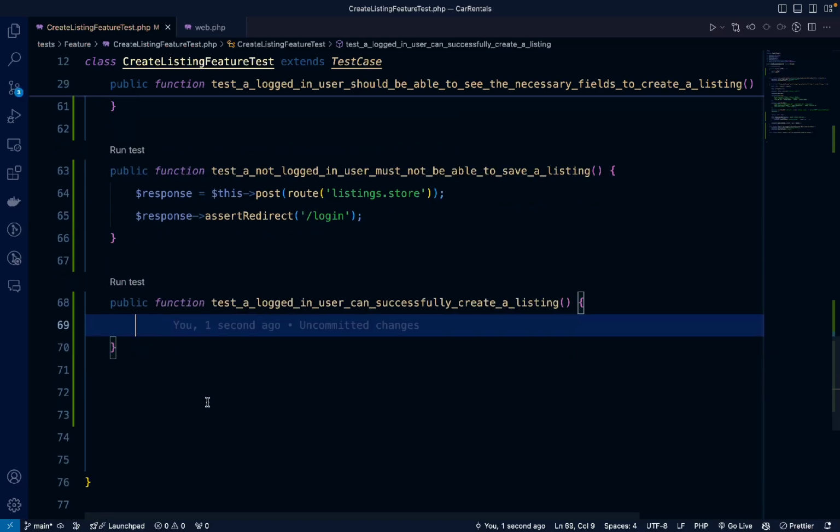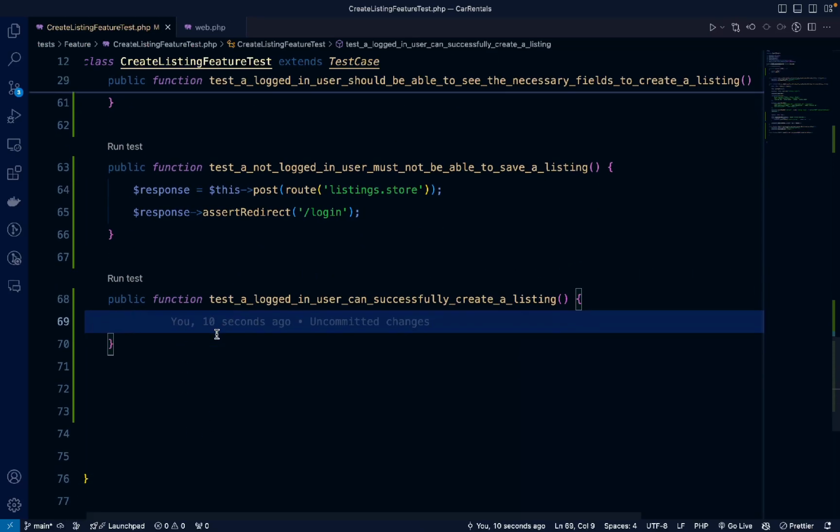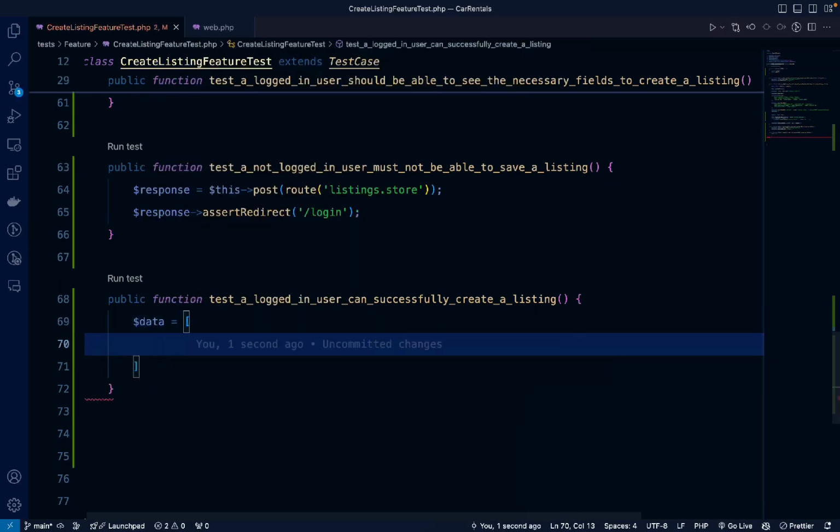All right, so in order to create a listing, we need some data. For the listing, we will have a title. So let's say luxury car available for rent,